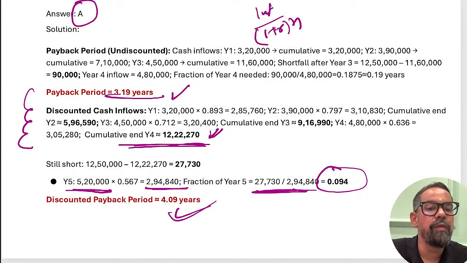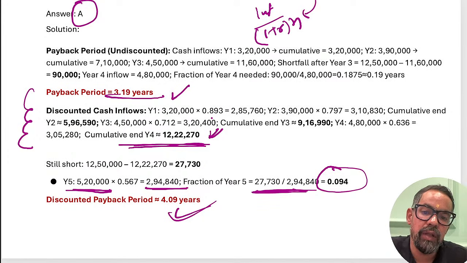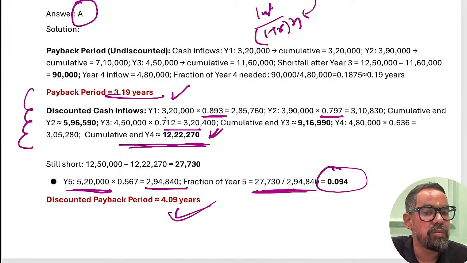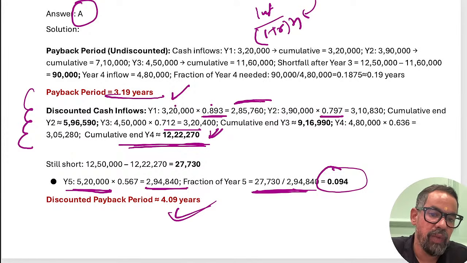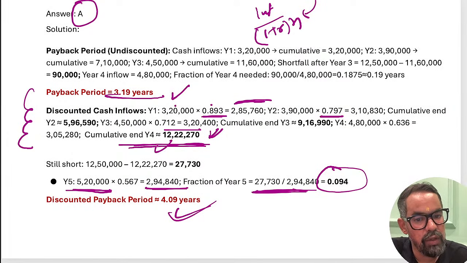But why didn't we go for this particular formula? Because they have already given the discounted numbers, the per rupee discounted number is already given, same as the NPV case which we have solved earlier also. So we just multiplied inflow into the per rupee value, and we got the present value of future inflows. After adding all these, we entered it here.